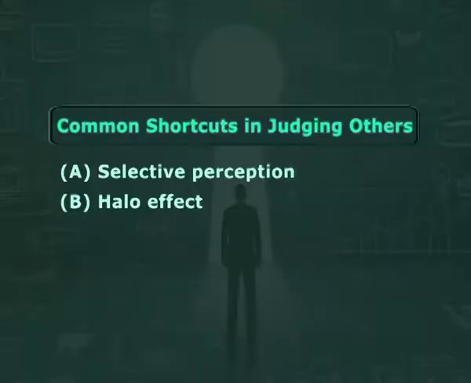Halo effect. When we draw a general impression about an individual on the basis of a single characteristic such as intellect, appearance, social ability, etc., a halo effect is operating. For example, if you admire people because of their beauty, you will find it difficult accepting people not so beautiful, regardless of their other qualities. Contrast effect. We don't evaluate a person in isolation. It has some influence of context. For example, an interviewer who is frustrated because of the previous candidate, the immediate candidate may face the reactions.